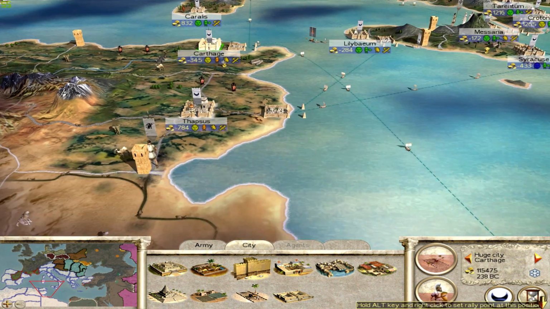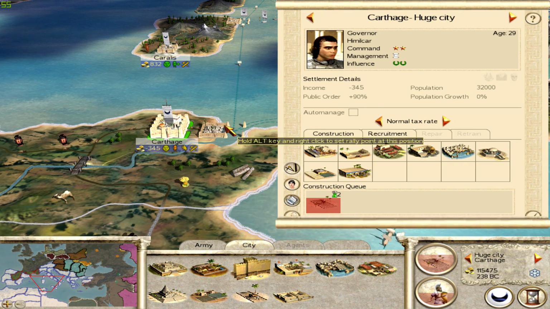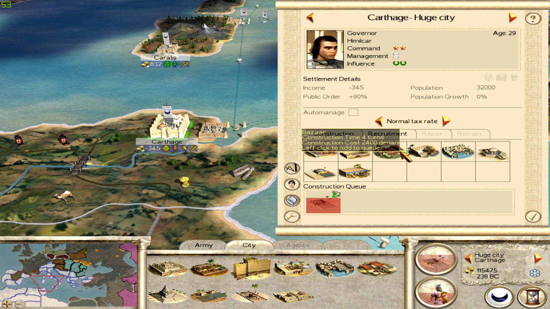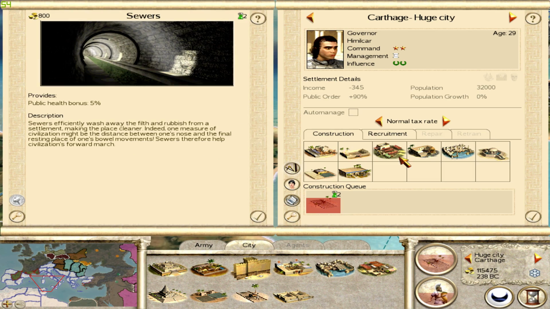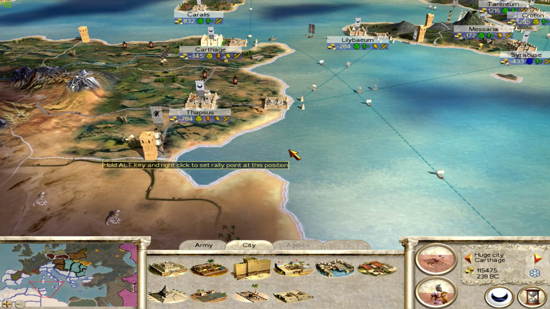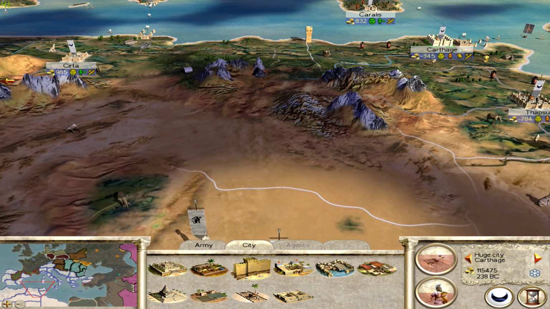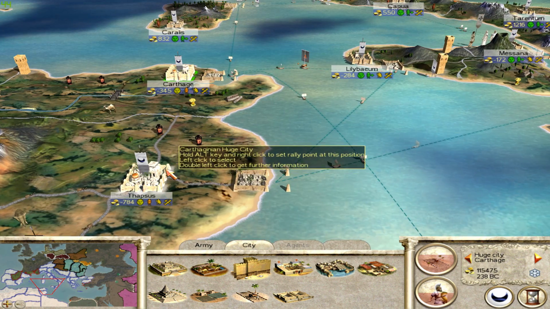And in this game, when you get plagues, it's normally because squalor is at 100% and the town is really overpopulated. So what you can do is build these buildings, like sewers and whatnot, which will reduce the amount of squalor in a settlement, and thereby decrease the chance of you getting plagues and things like that. But the trouble is,